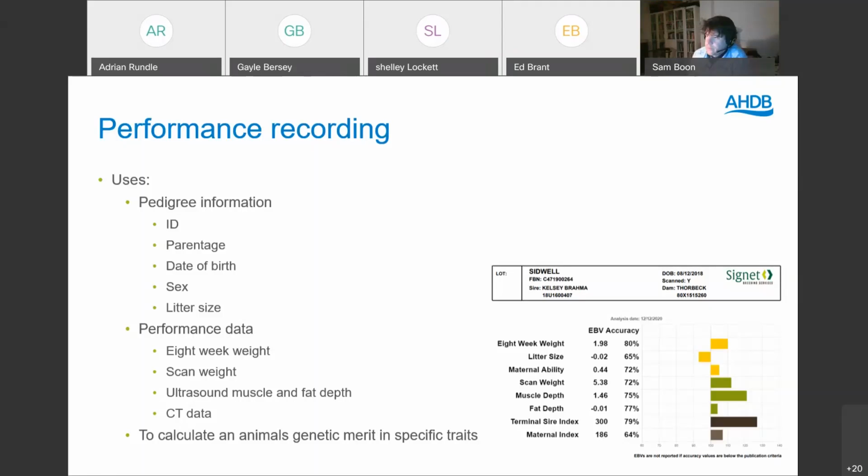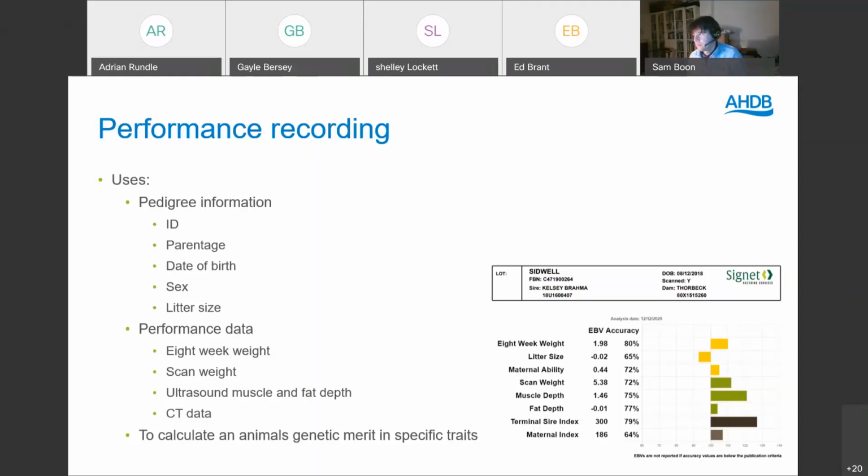So singles versus twins, obviously, they're not going to be as big or have deep muscles potentially, but their genetic potential could be as good. So what we do is we display those in EBVs, which are in the traits that we measure, and in the units that we measure. So a weight would be in kilos, and a depth would be in millimeters. So that's an example of one of the sales cards